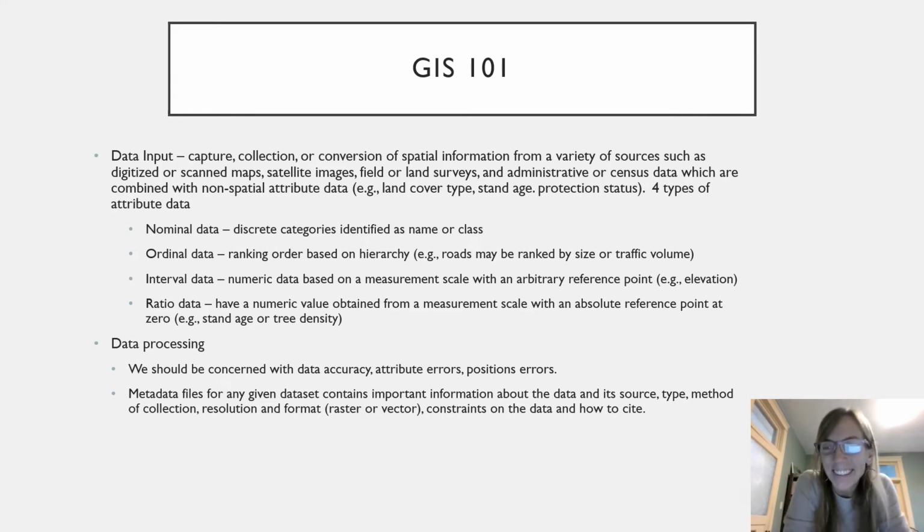And all of this data, of course, gets pulled into the next part of this lecture, which is just a very high-level GIS 101. So when we think about the processes that we go through with GIS, we of course start with our data inputs. So data input is the capture, collection, conversion of spatial information from a variety of sources that might be digitized